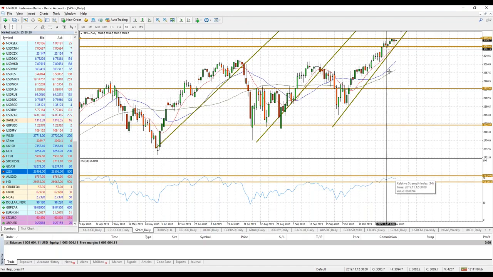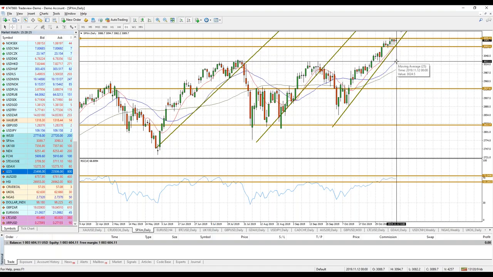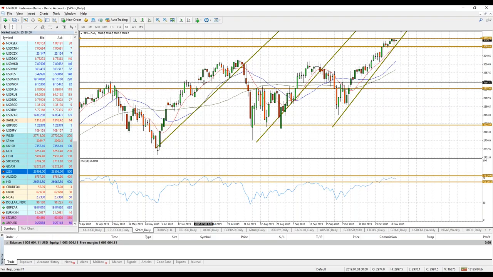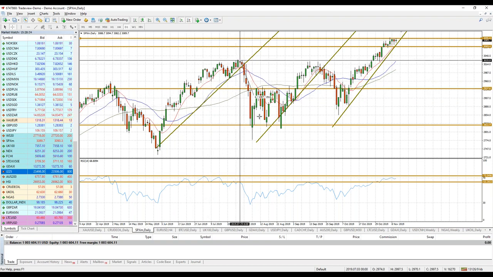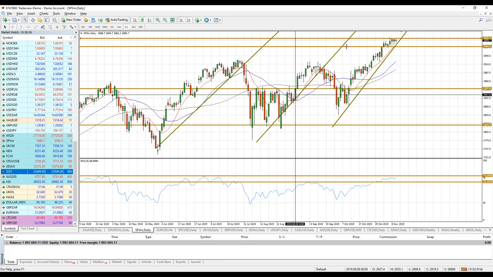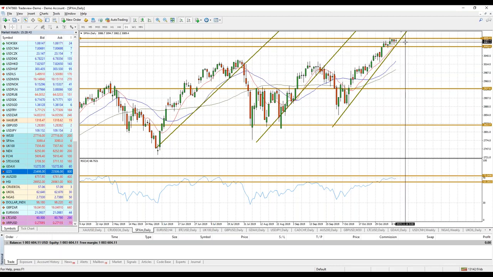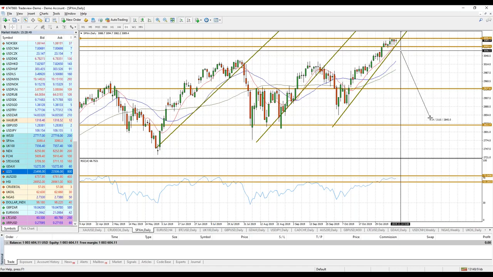If you're looking at the moving averages, yes, the 10-day momentum is still going upwards. The 25-day moving average is still heading upwards, and so is the 50. But so it was the same when we saw those previous runs as far as the downwards moves. All three indicators were heading upwards until it found its ceiling, then decided it was time for that correction, for that drop down. The question potentially could be, for those who are looking at this, where could that drop eventually come? If it were to come, where could we see a potential drop?